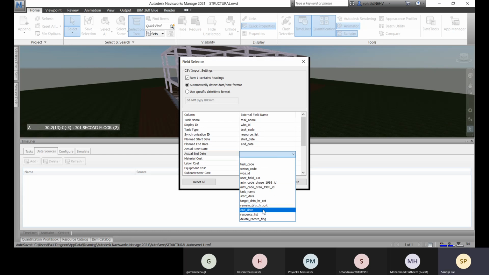So that is not the actual end date. You can apply whatever is the planned end date, and that is the actual end date. So that you can specify. And about the material cost, if it is available here, you can add material cost and all these costs, and you can fill up all these columns. So let's go for it.